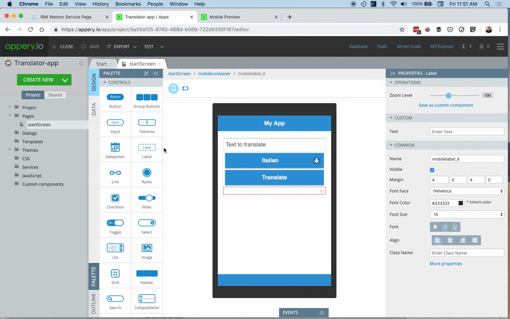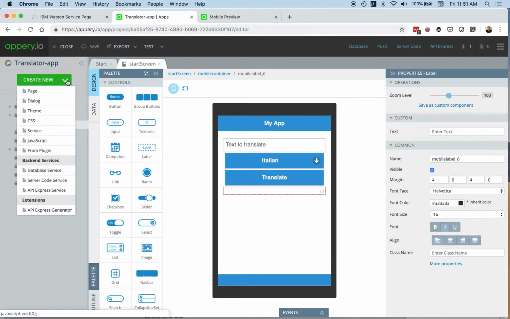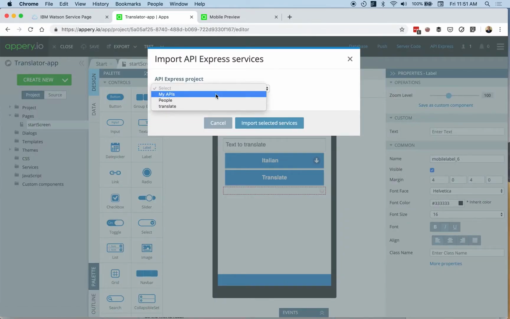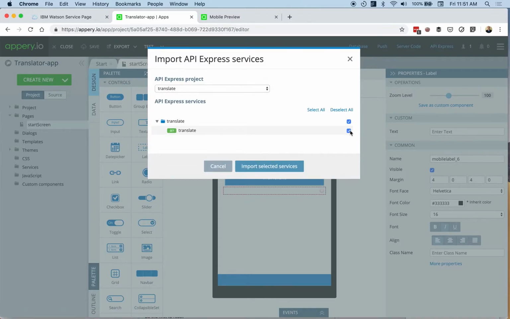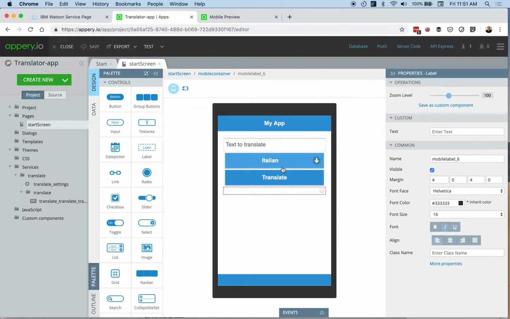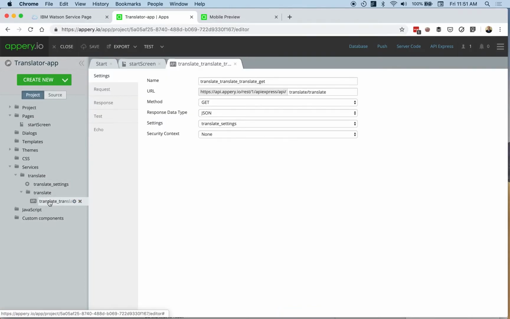Now we want to use the service, the API Express service that we created in the previous step. And so to do that, go to create new, and then you can import the service automatically. So we'll select API Express and then select the service. There's only one, and then import service. And the service is imported. We can open the service,